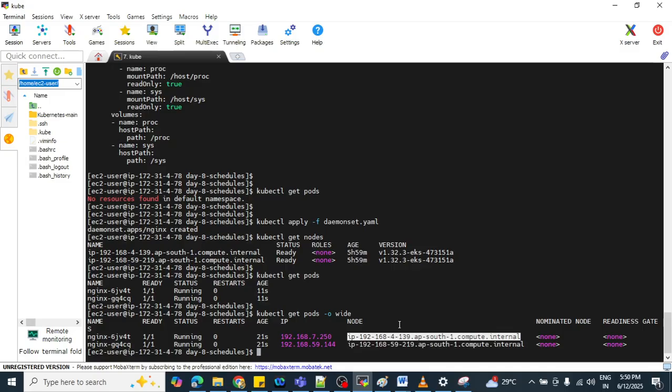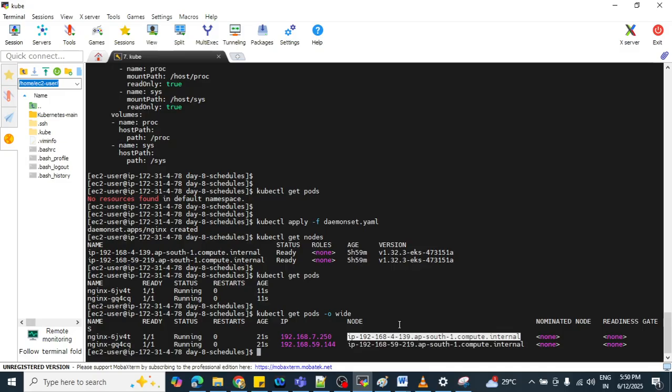Let me ask you some questions also so that it will be clear to you. Suppose three nodes are running at my end and I run a daemon set. How many pods will get created here? If three nodes are running, then definitely three pods will get created.